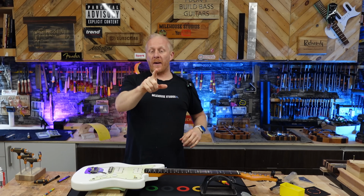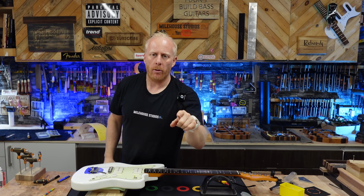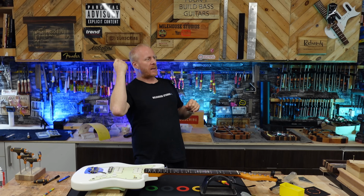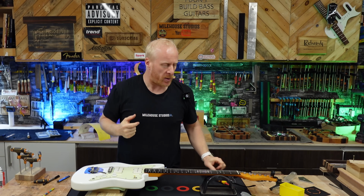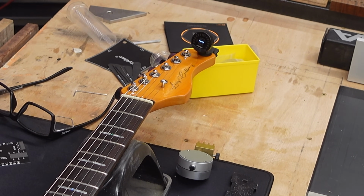Back on the bench, one thing I haven't checked. I've just done a demo and I did spot that the intonation's out on the top 2 strings. My ears picked it up, which was a surprise because my ears are pretty shit after 25 years in the building game. If you have a little look at my tuner,